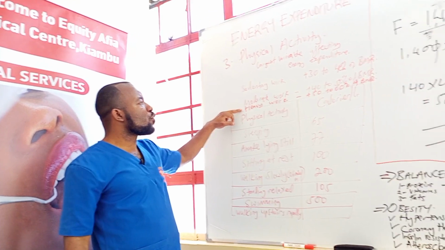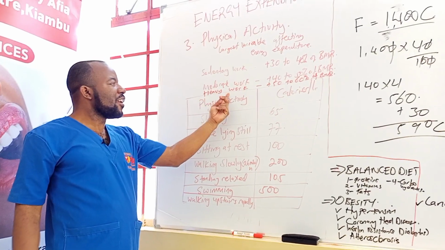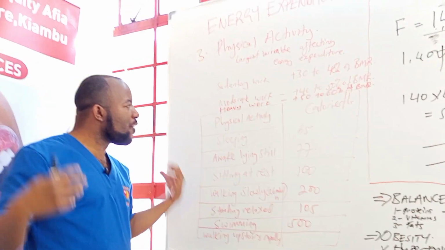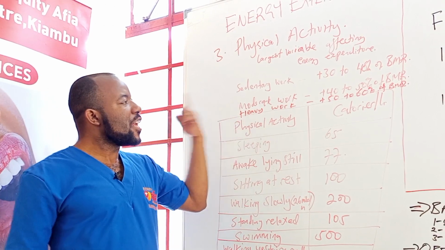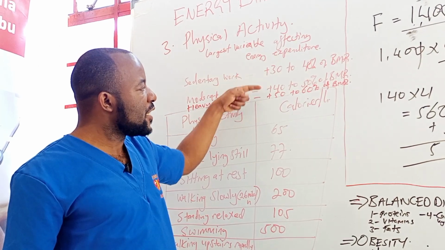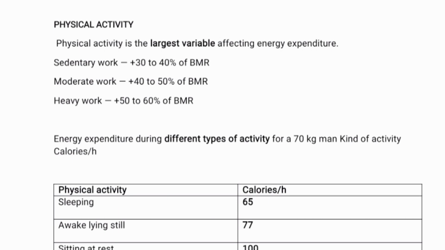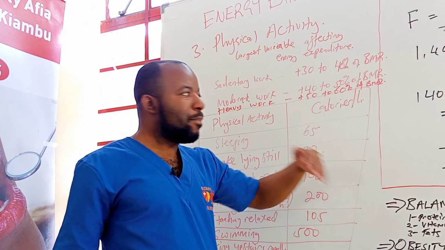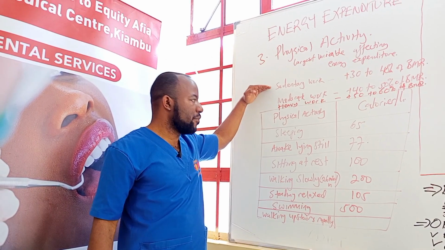We come to energy, physical activity number 3, heavy worker. These are the real hustlers. They are sweating, they are walking, they have jerry cans, they are always taking in water. They spend 50. Now as you can realize, you're adding 10. So they spend 50 calories plus 60% of their basal metabolic need. They're going to spend a little bit more than those who are seated and working, or those who are seated.